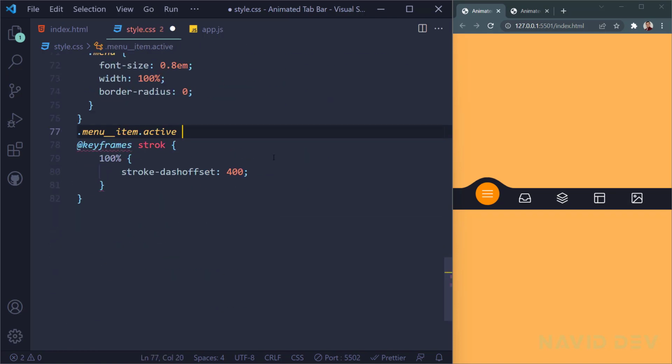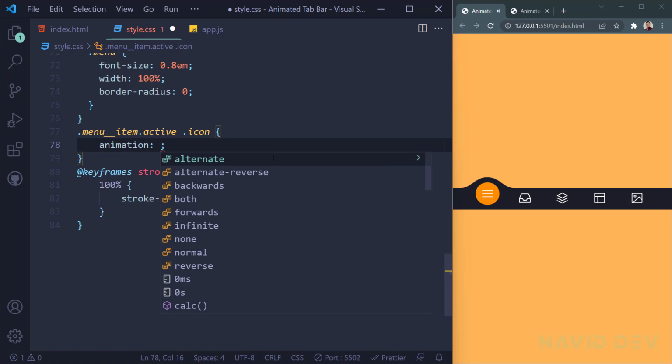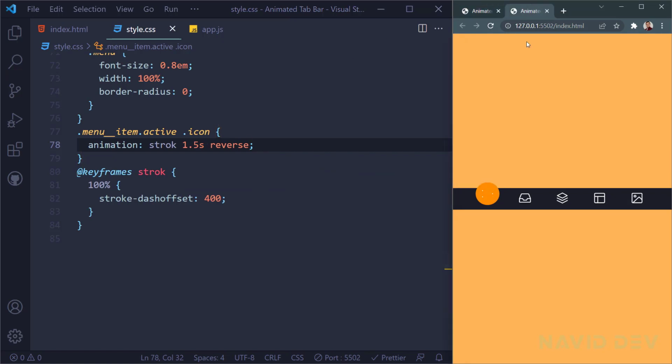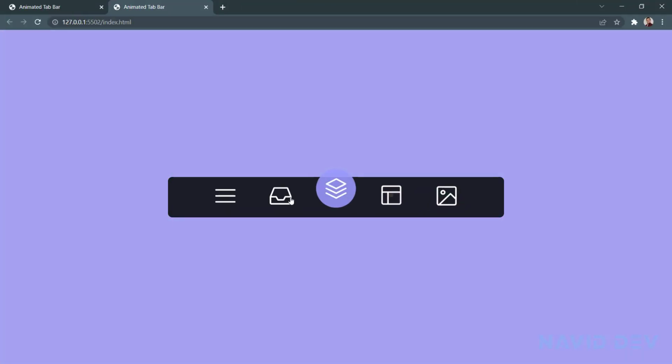I say .menu-item.active .icon, and I say animation: stroke 1.5s reverse. I hit the save button, and let's check it out. Alright guys, and as you can see, we have our SVG animation,